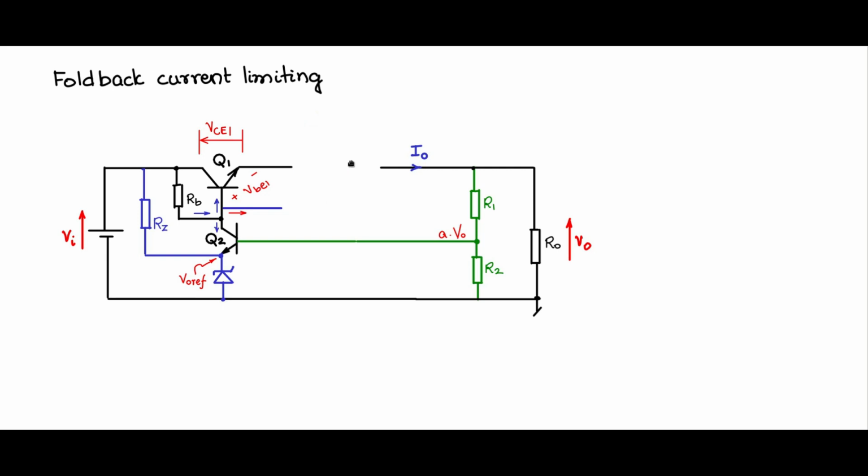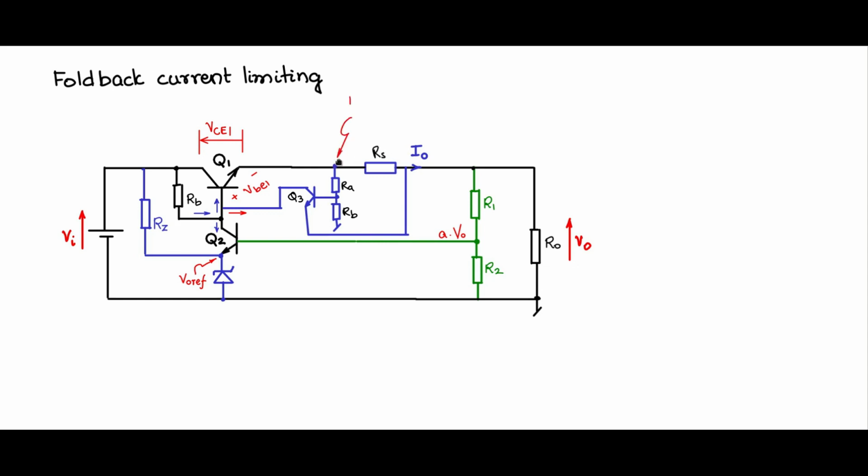Now let me explain this. Let me remove this portion, make a bit more space, and I will put the resistance RS here. And from this point I will tap a voltage divider to ground, and to the center point of that I will connect the base of the BJT Q3. So the collector I connect in the same way, and the emitter also I connect in the same way to this point, the output point. So by making this small modification, you will find an interesting way of current limit. We'll call this Q3, we'll call this RA, RB, and this is RS.